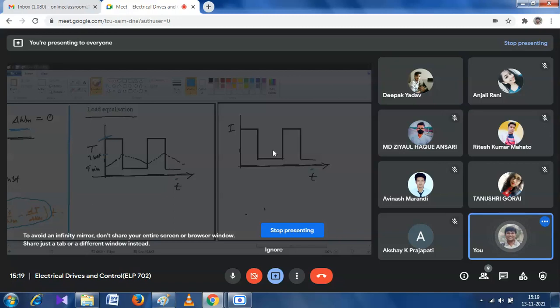Tell me what is load equalization? दीपक,